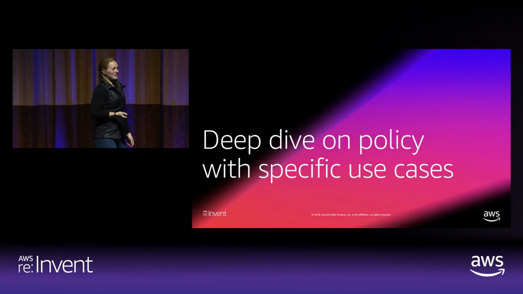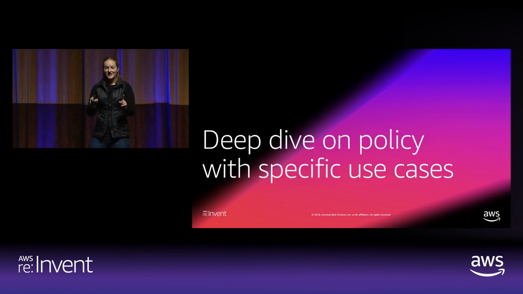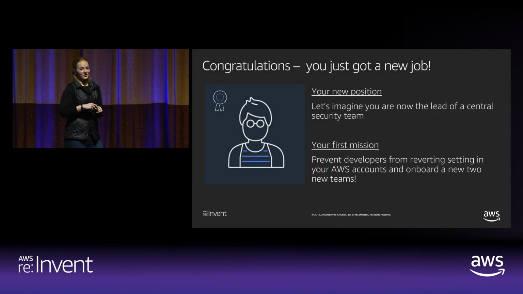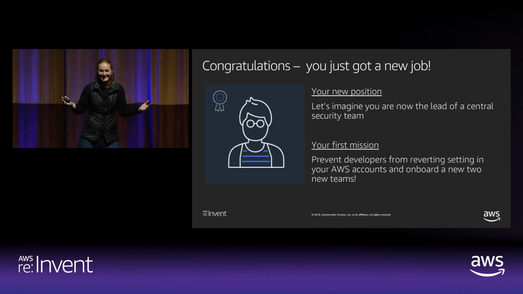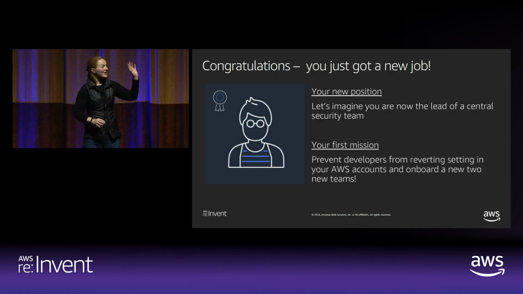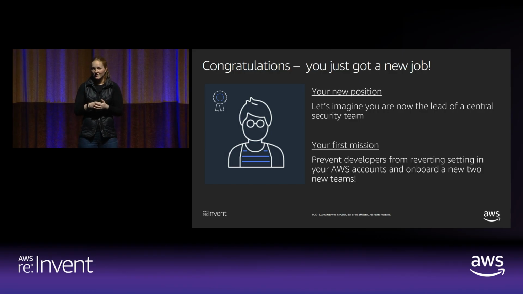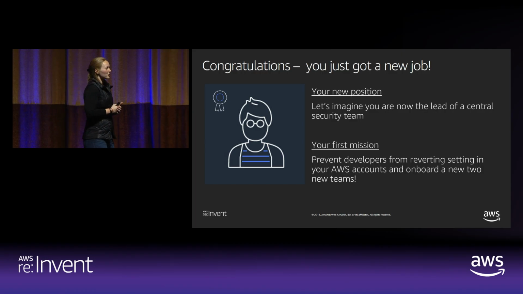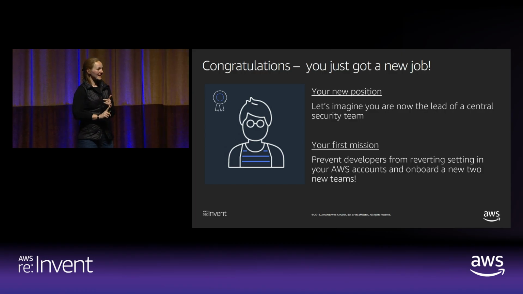Now we're gonna go into specific use cases. Well, because you showed up tonight at 7 p.m. instead of going to the pub crawl, you all just got a new job. Congratulations. I realize that this might be a promotion for some of you and it might be a demotion for others, but you are now the lead of Essential Security team at any company of your choosing. How about that? And your first mission, your first day on the job, which is going to be the next 43 minutes of this talk, is to prevent developers from reverting settings in your AWS accounts and onboard 2 new